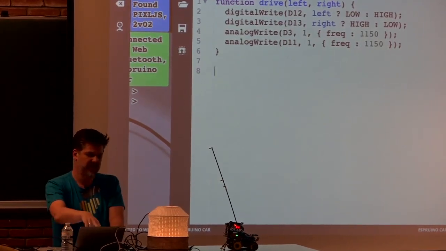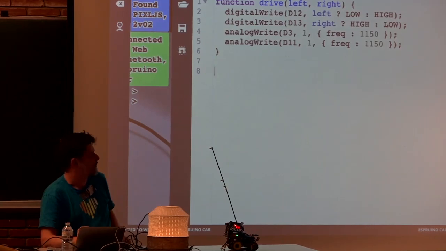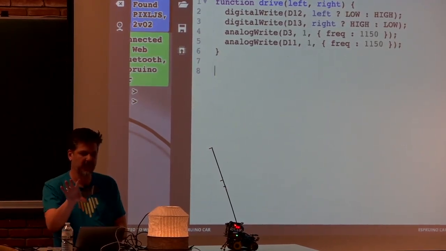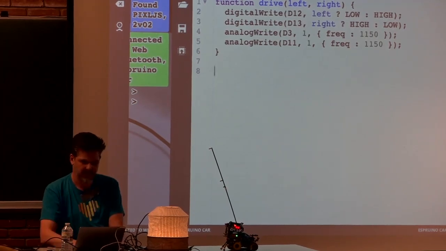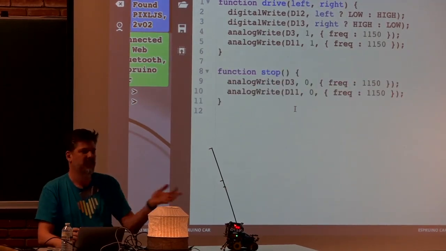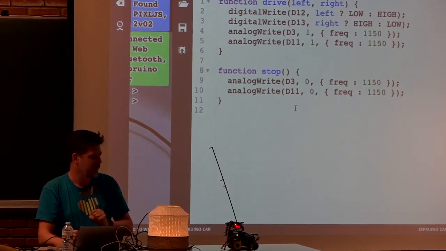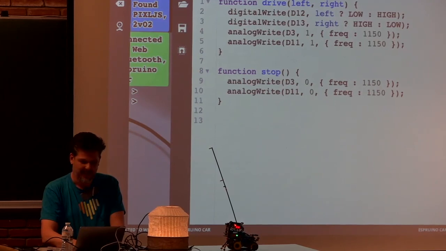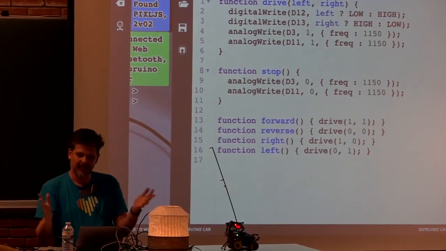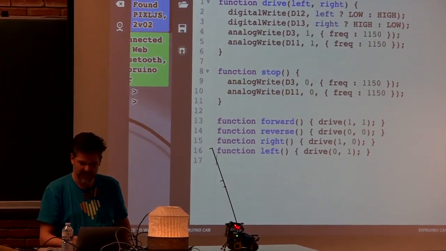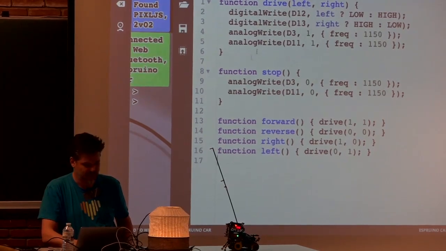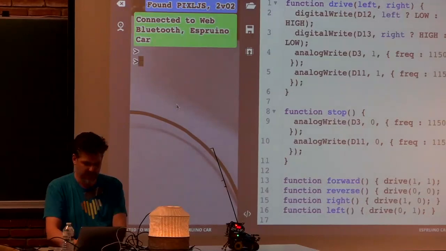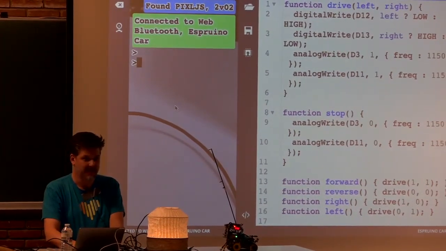So these pins here, those are determined by the motor board I'm using. And this is basically all the lines of code you need to make it drive. But to make it stop, that's also very useful, especially on this table. We need another function. And a little helper function is also pretty nice. Forward, reverse, left, and right. So with 17 lines of code, I can now make it